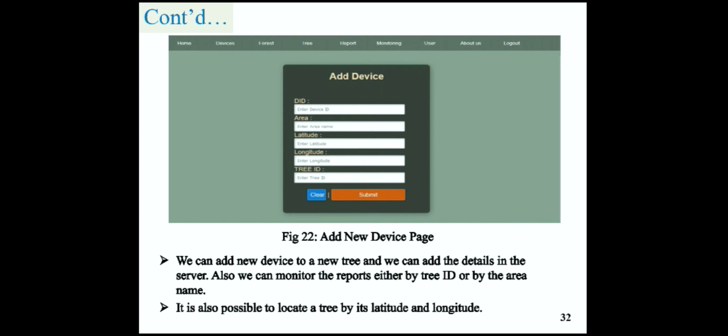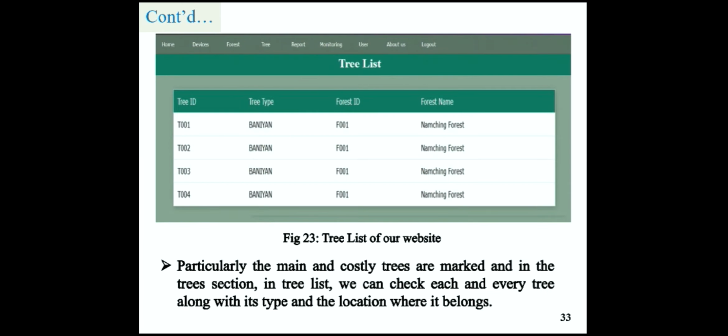So next we will see the tree list. So here is the tree list. Each tree list has a column of tree ID, tree type, forest ID, and forest name. Each and every tree is assigned a tree ID. We can see the type of tree, that is the trees are banyan. Each and every forest where we will implement our device has a forest ID and the forest name, that